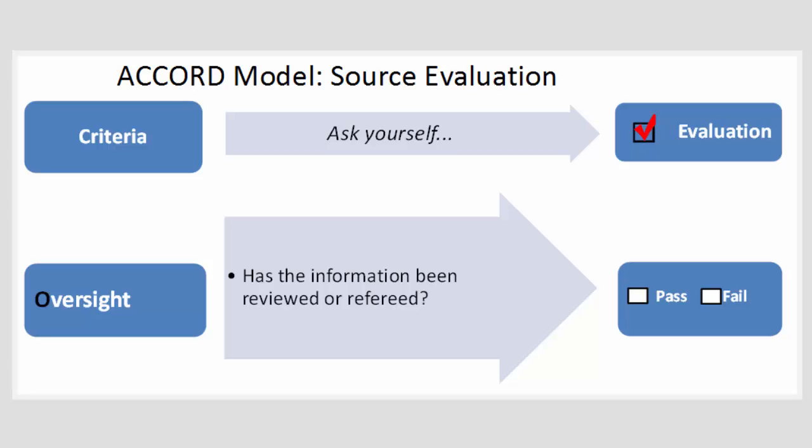Next, you'll look at the oversight of the source. This is simply looking to see if the information has been reviewed to ensure its accuracy. With online sources, this process is a little different than print sources. You need to think about what oversight, if any, is there before the information is published on the website you are considering using. For example, articles on the Washington Post website will have been written by a journalist, submitted to an editor and fact-checker before they appear online, while a personal blog may not have any oversight at all.